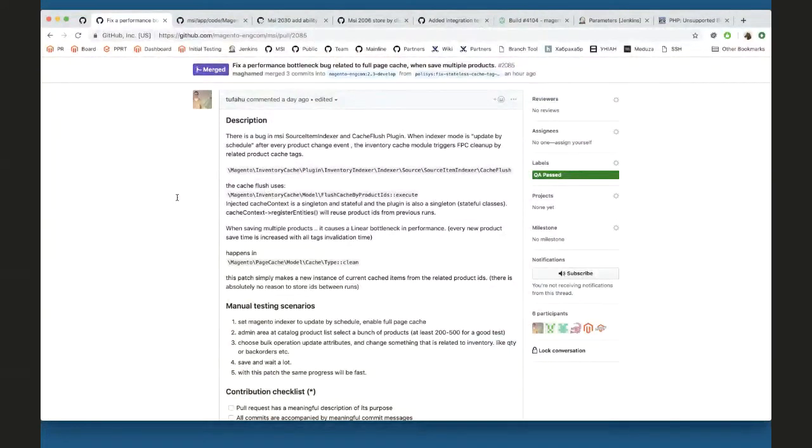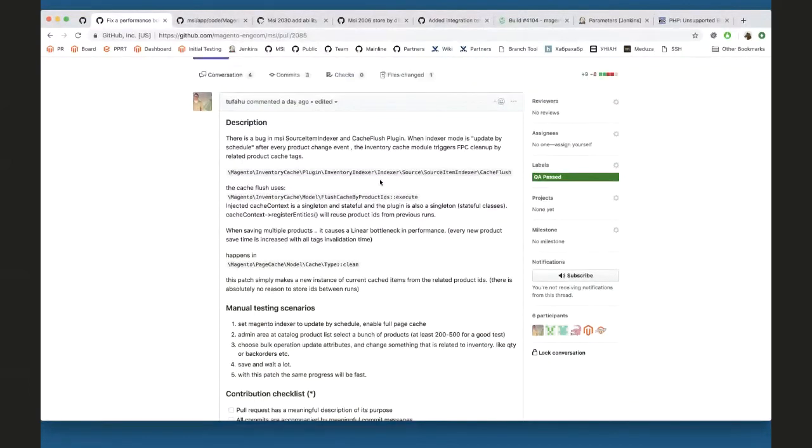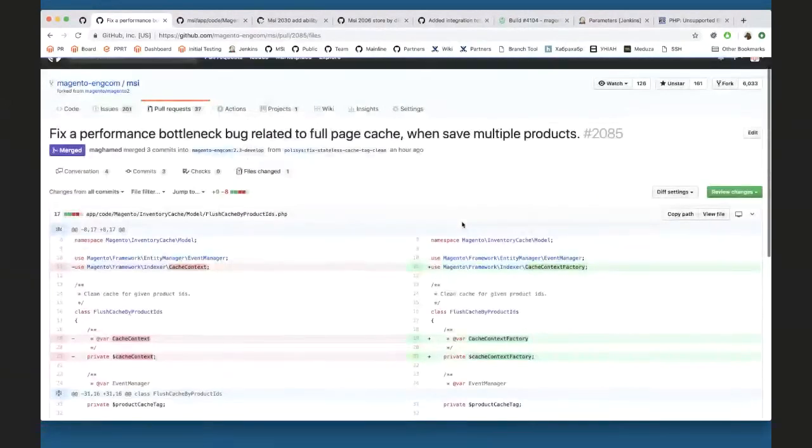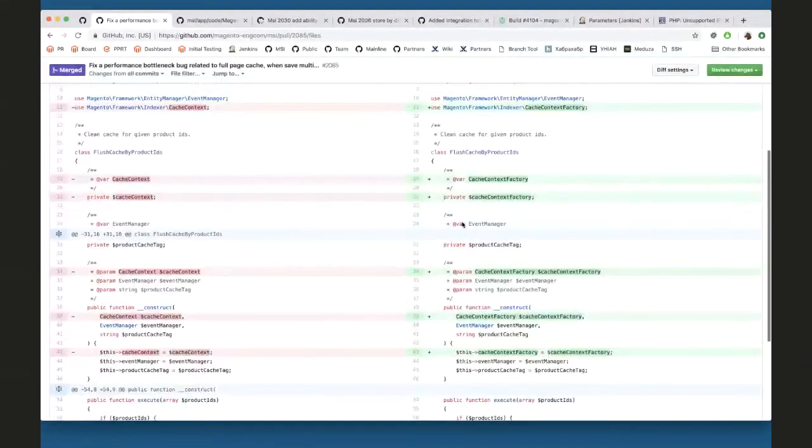So now probably Zhenya will tell you a little bit more about a recent pull request which is supposed to improve the performance of the product save operation. So Zhenya, feel free to share a little bit more. This is actually one interesting pull request. It's really small and compact, but it fixes a major problem which I don't think we even tracked in our issue tracker. And the main idea is that